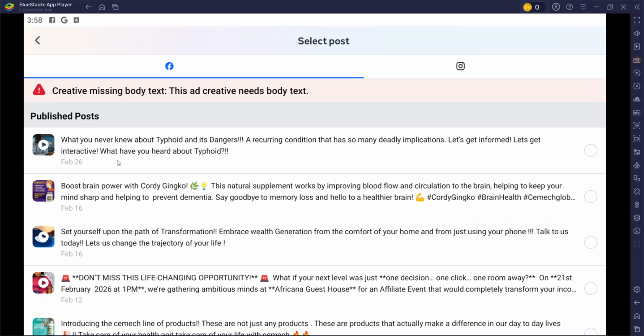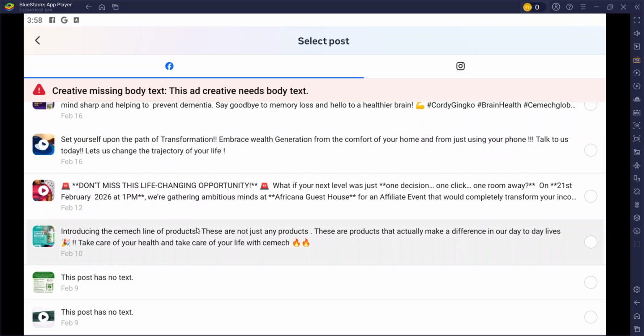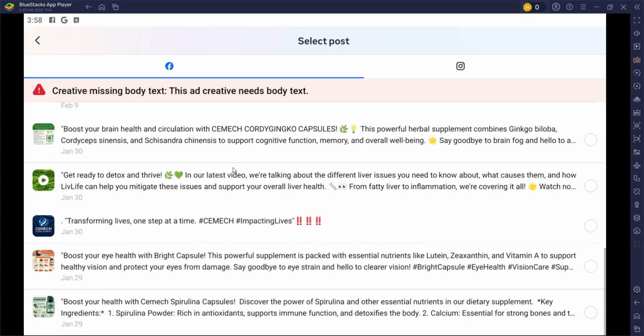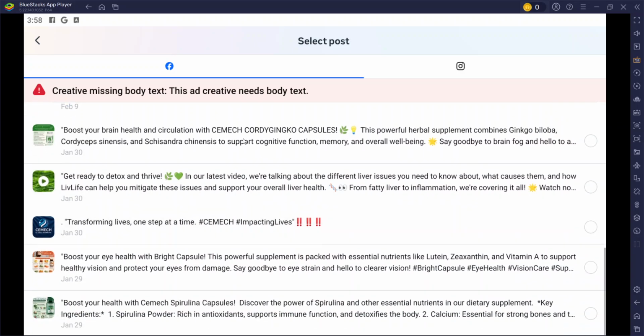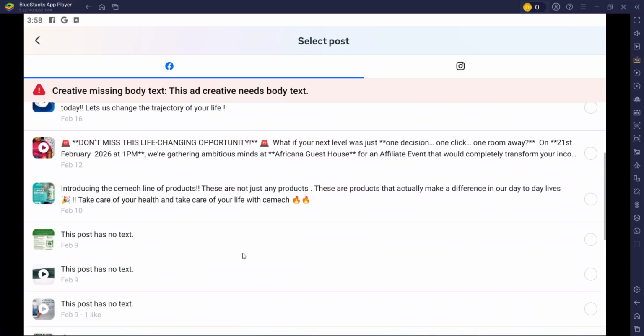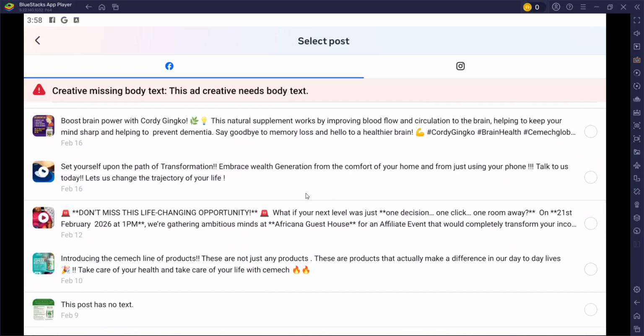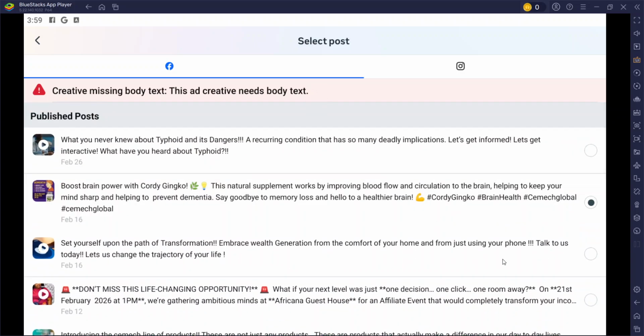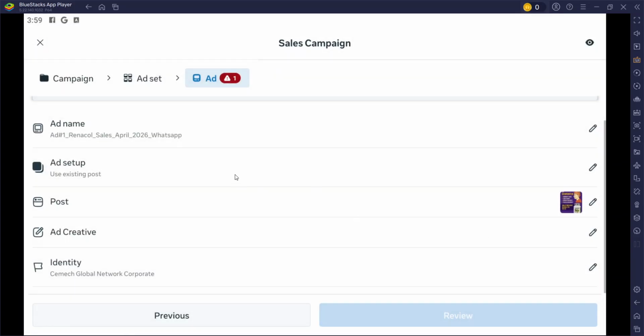So we have typhoid, there's life changing, there's a lot of posts here. So we made a post for Renacle, right? There isn't any Renacle post here. So with this, I can set, let's set this one for example, as an example. All right, so I used this as an example, and